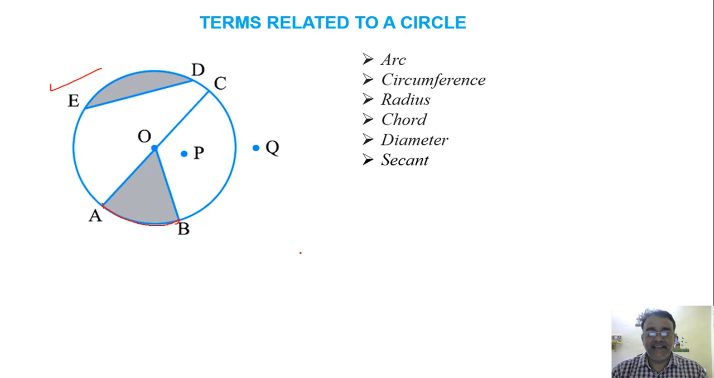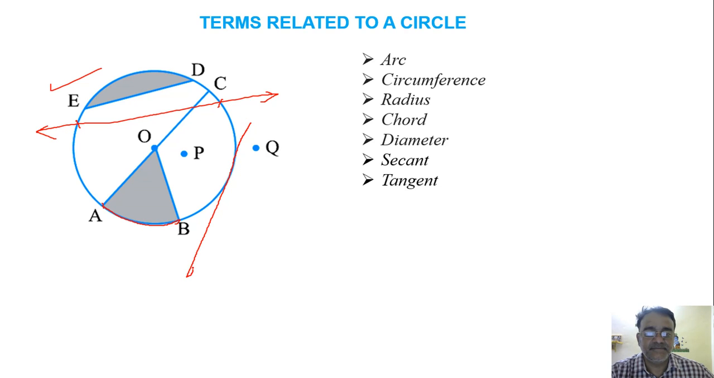Next is secant. Secant is a line which intersects the circle at 2 points. There is no secant in this figure, so I am drawing a rough figure. Suppose this is a line and it intersects the circle at 2 points. So this line is called a secant. Next is tangent. A tangent is a line which intersects the circle at exactly 1 point. Suppose this is a line which intersects the circle at 1 point. So this line is called